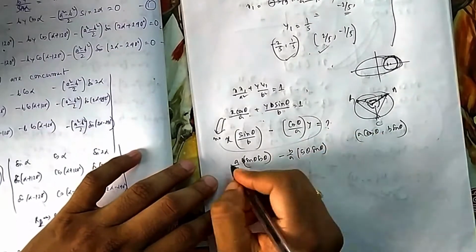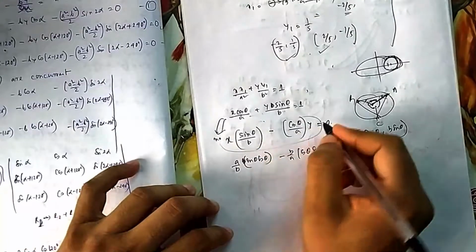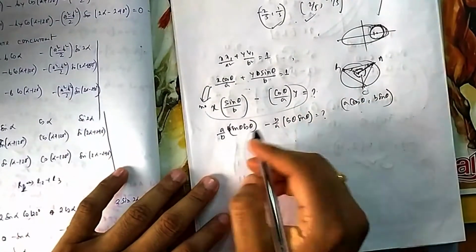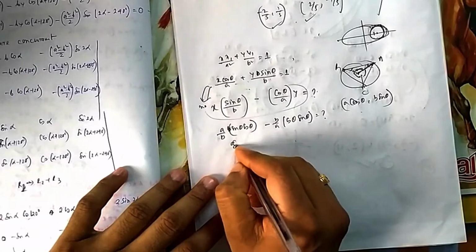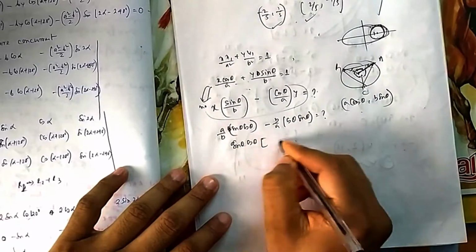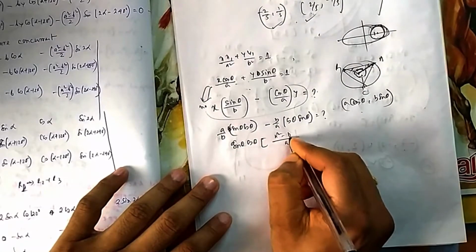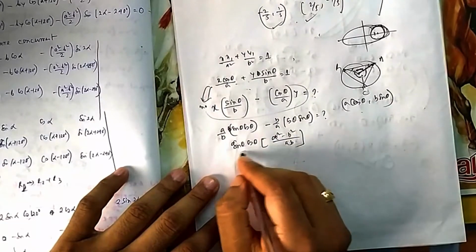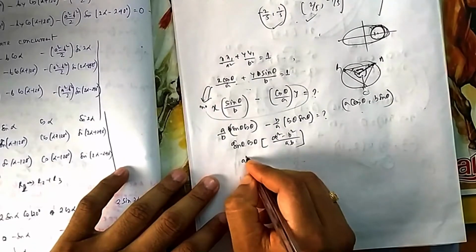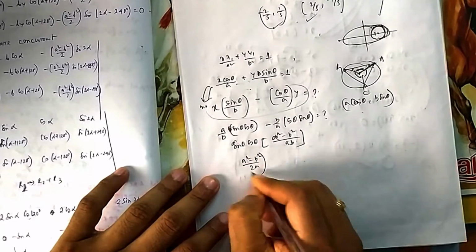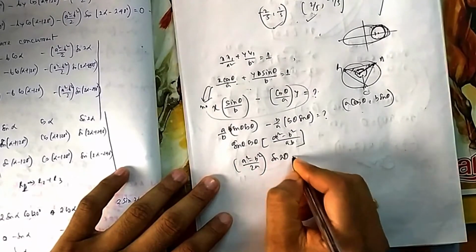So this coefficient will come from this portion. If you put it in, it should satisfy. That is where this coefficient comes from. If you take sin theta cos theta common, then it is A square minus B square by AB. You can make it 2 theta, so it will be A square minus B square by 2AB, with sin 2 theta. So you can put it there.